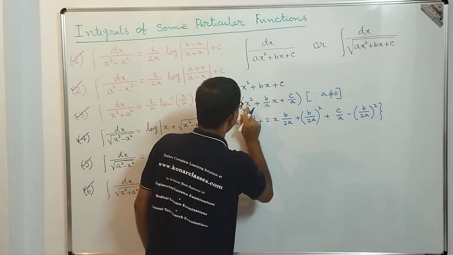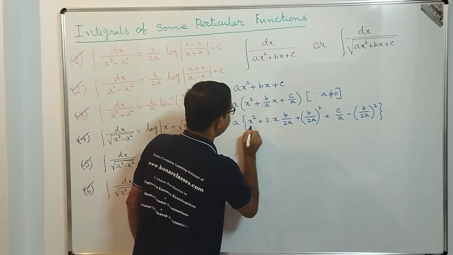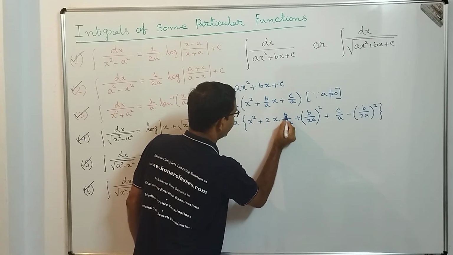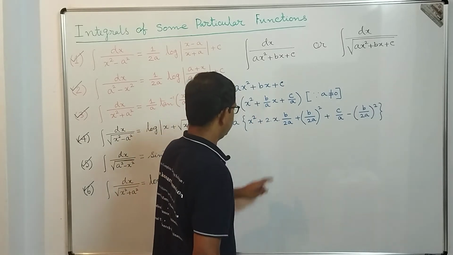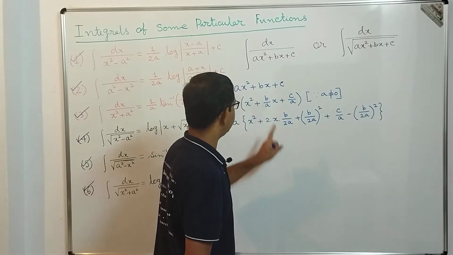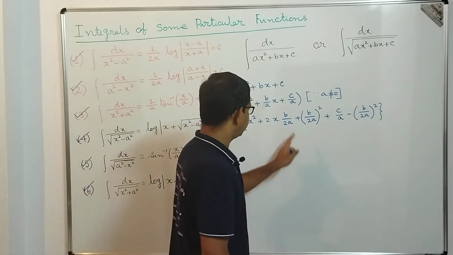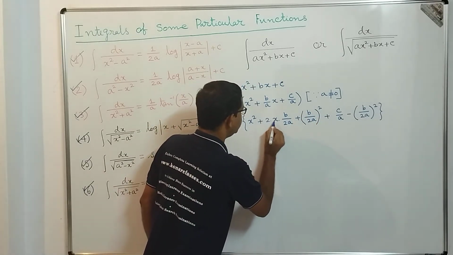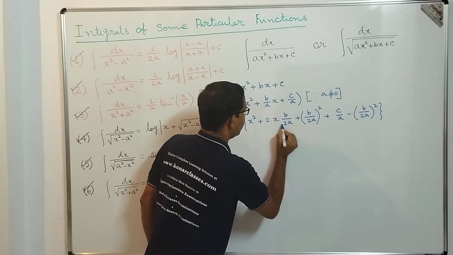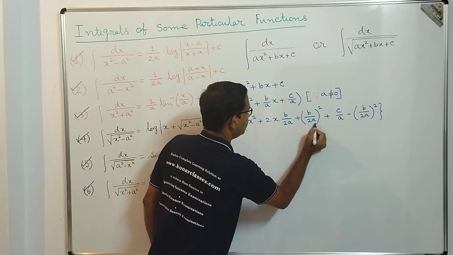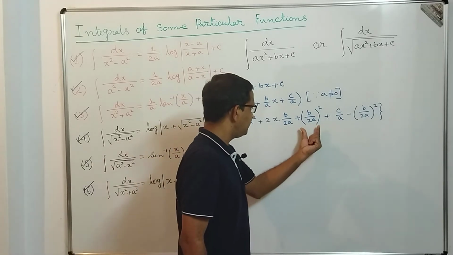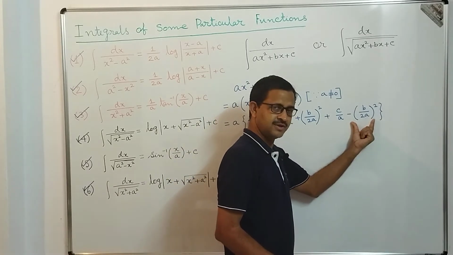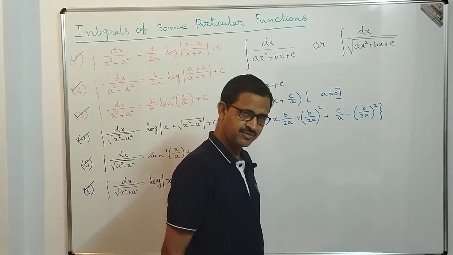To do this, we have x square. After that we did 2 into x, and as it is b by a into x, to adjust we need to divide by 2, so that means 2 into x into b by 2a. So that becomes b by a into x, and we have kept b by 2a whole square, because a square plus 2ab plus b square is the pattern. Now this b by 2a whole square we have added extra, so we should subtract that b by 2a whole square, and c by a was there as it is. I hope you got it.